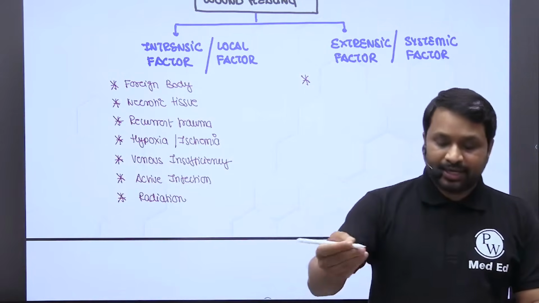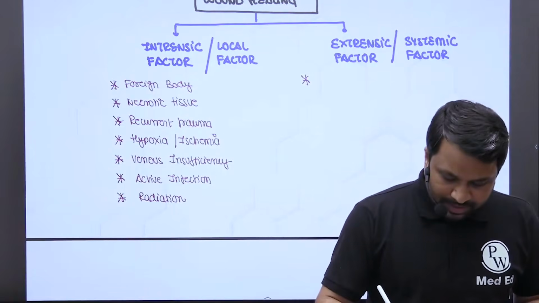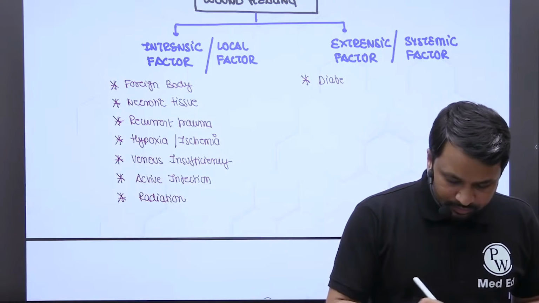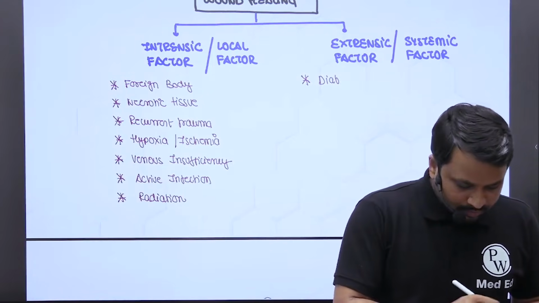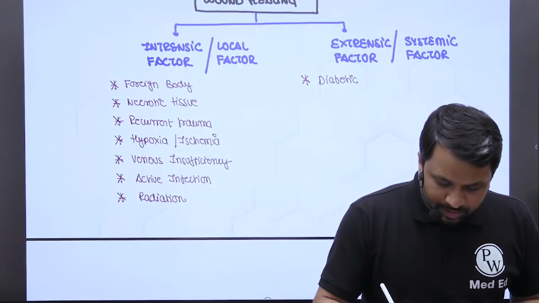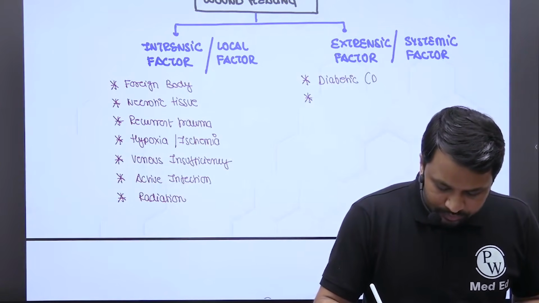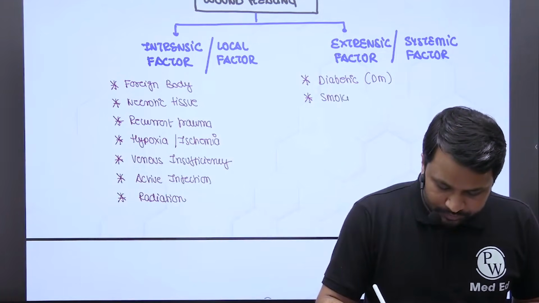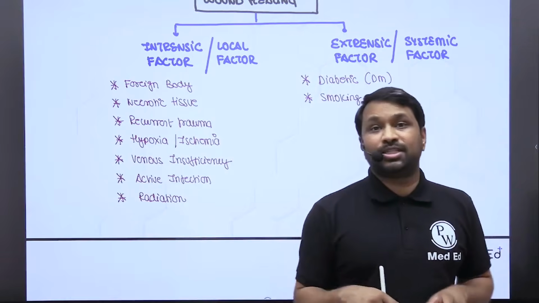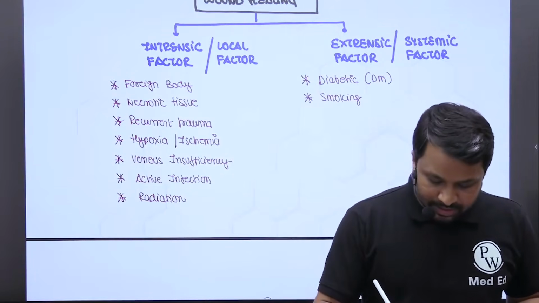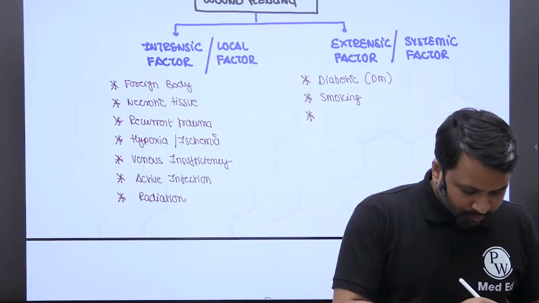Now look at the extrinsic or the systemic factors. The best example is your diabetic patient, diabetes mellitus. Then you have smokers. Smoking causes poor collagen synthesis, and poor collagen will result in poor wound healing. So there is diabetes, there is smoking,